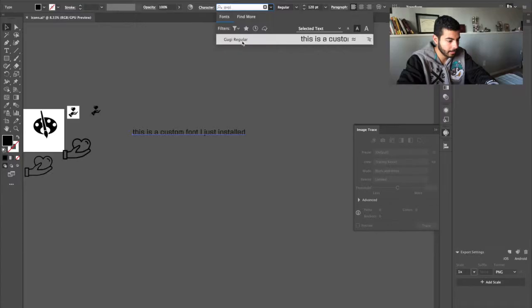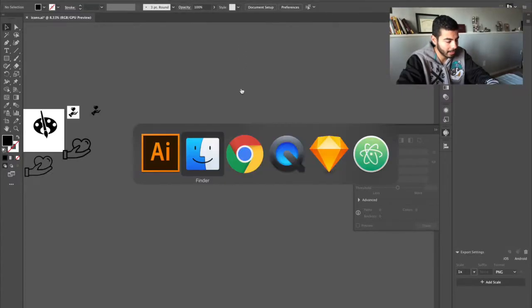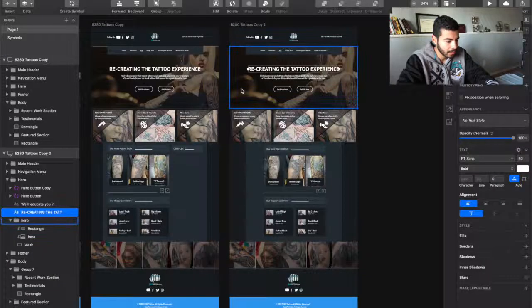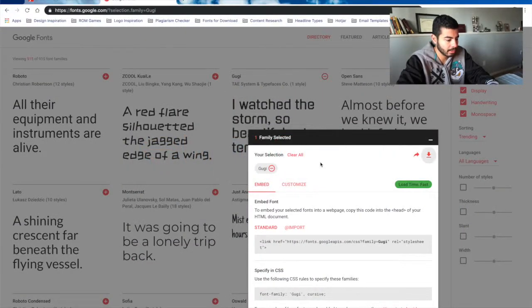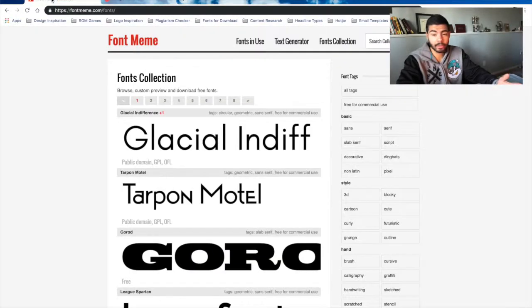See right here? I didn't have it available before, but now I do, and so will be in Sketch, because these softwares, they read the fonts that you have in your computer and add them automatically to their list. And that's it. Just go to fonts.google.com, find the font you want, or I have another link for free fonts